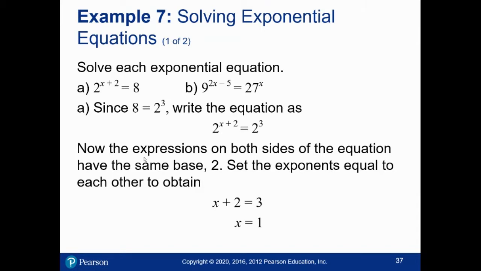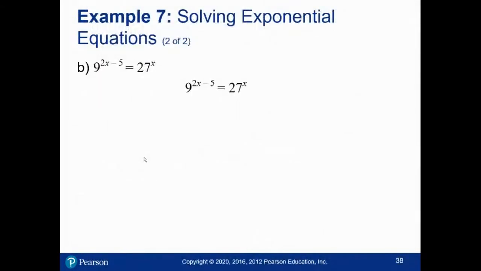So can you do a similar trick with part B? Can I represent the left and right of B to have the same base? You can. You want to go with 3, because 9 is 3 squared and 27 is 3 cubed. So now I can have a 3 as the base on both sides, but we're going to need to use properties of exponents. The left is 3 squared to the 2x minus 5,